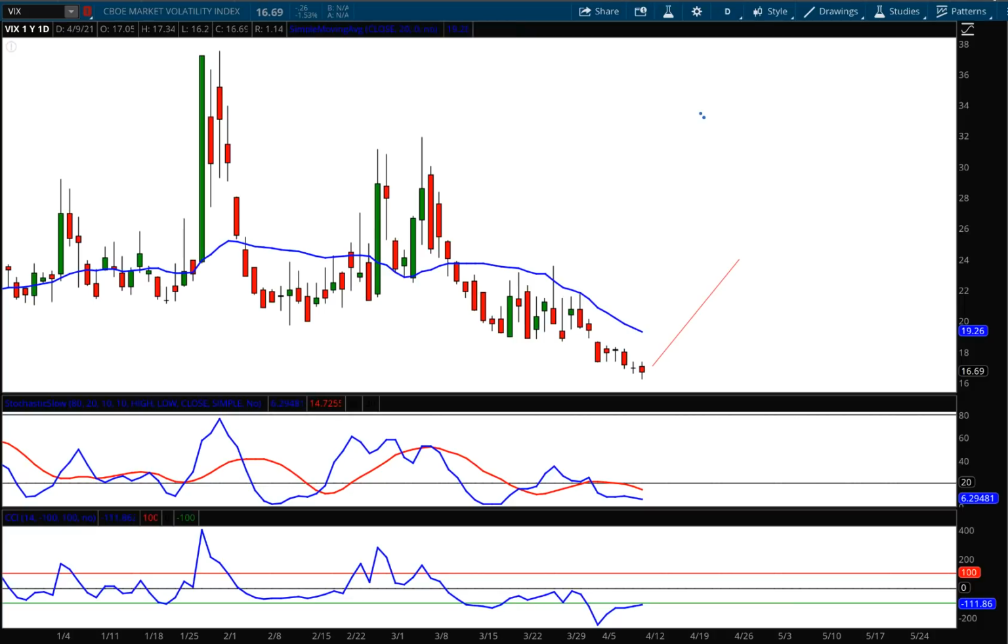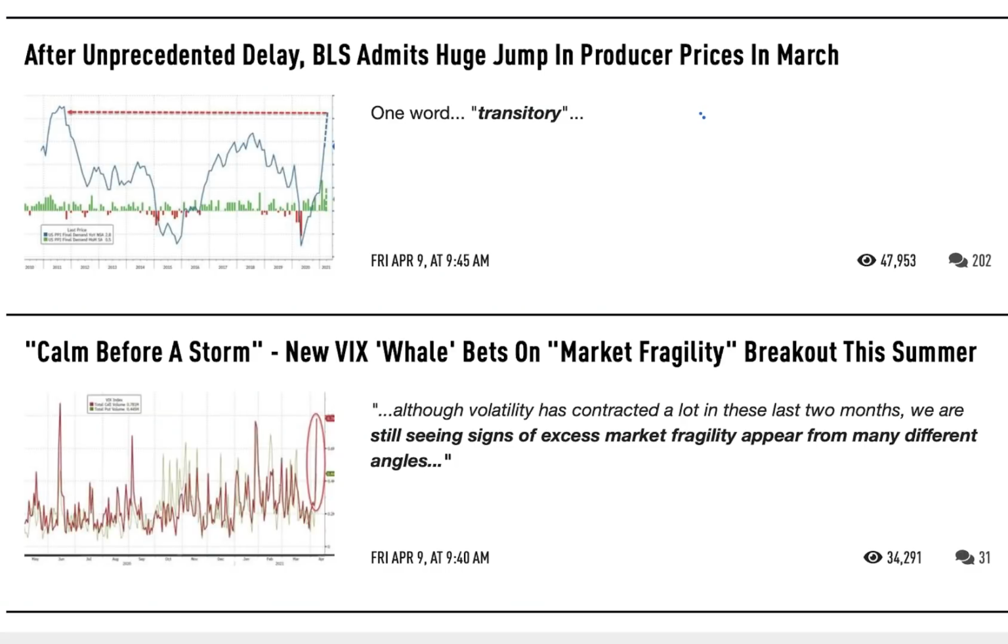And in addition to that, one of the big headlines this week, in fact, it came out today, was that there was a VIX whale, as they've labeled this investor, betting on the VIX with an enormous amount of money coming into the VIX calls. And again, when you start to see headlines like this, calm before a storm and such, that doesn't exactly help the investor sentiment. In fact, when people are already nervous about an overextended market and you start to see tens of millions of dollars being invested in out of the money calls on the VIX, of course that's going to